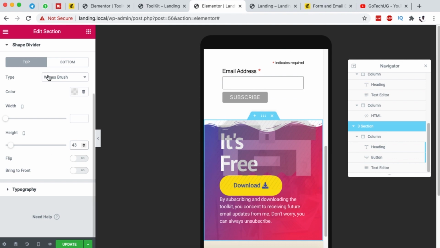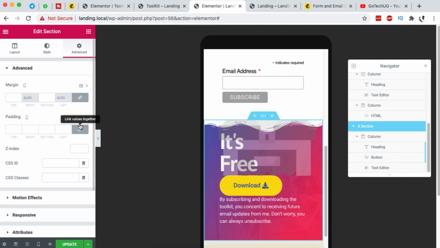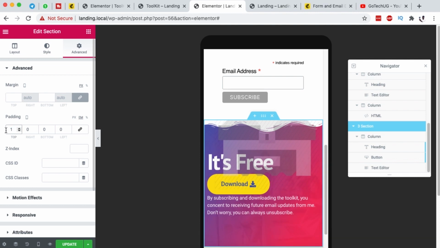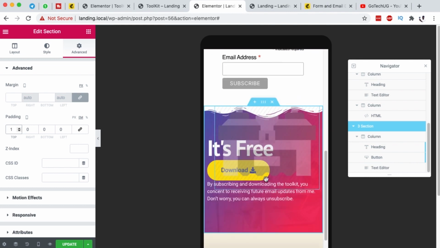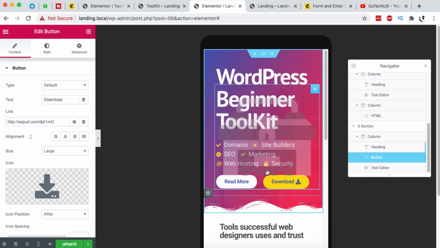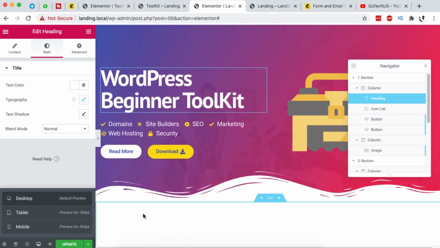And I can also add some padding at the top and bottom. So come over here, advanced, I can say padding top and bottom. I'm going to make it a 1. So top I think is enough. And I can also further reduce a little bit on the button size and the text, or you can even move these two to be on the same line. You can do whatever you want. At least now you have an idea how that works. You can also further reduce the font size of the title. Now when we head back here to the